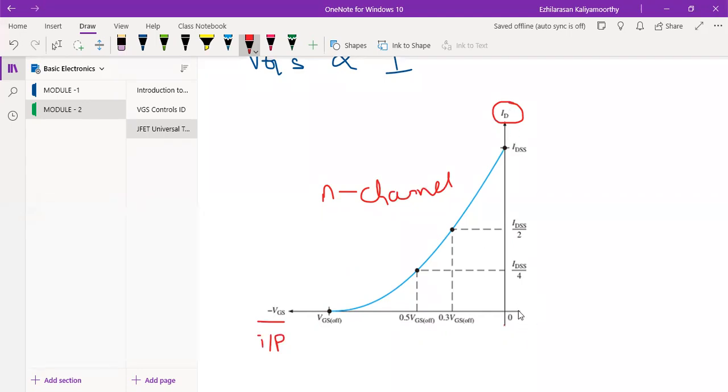Now, when VGS is equal to 0, first, what will happen? If I'm not applying any voltage in the device, what will happen? The device will be in the off mode condition. Then we might have given the VDS. See, the same simple diagram here I'm drawing. This will be your VDD, right? VDD is fixed.